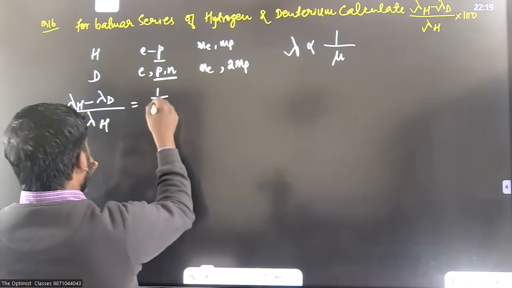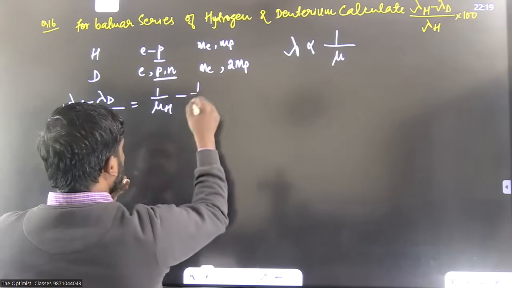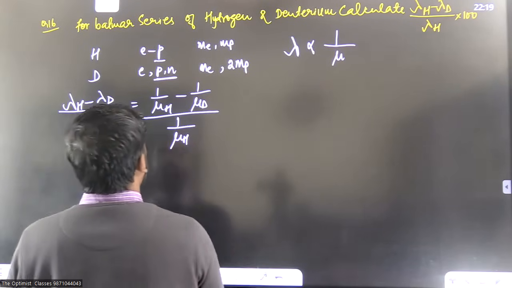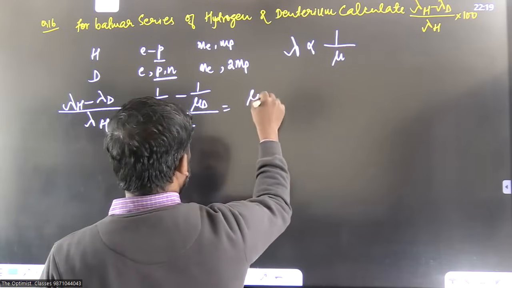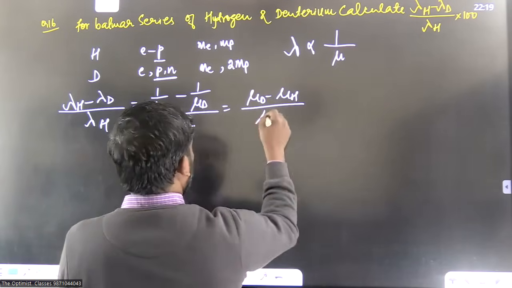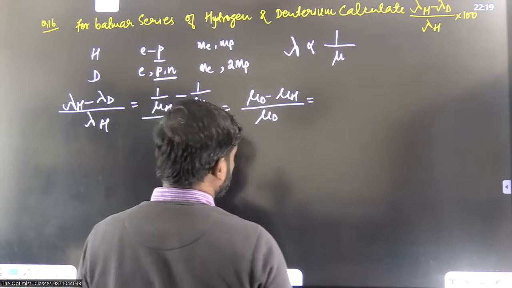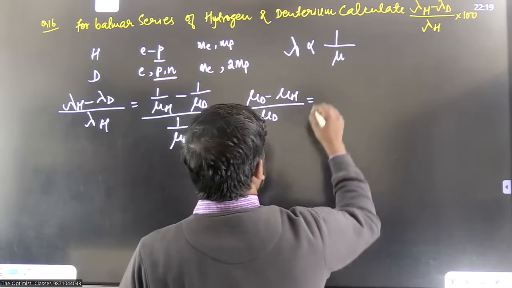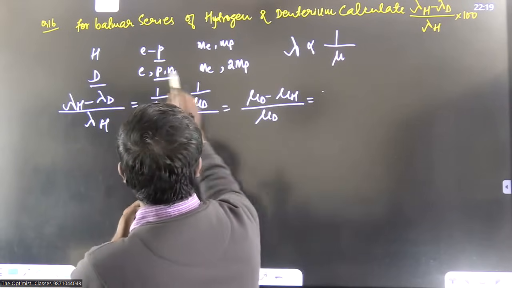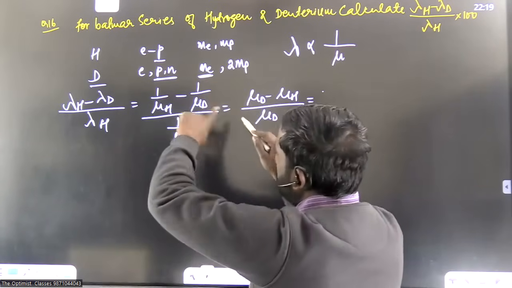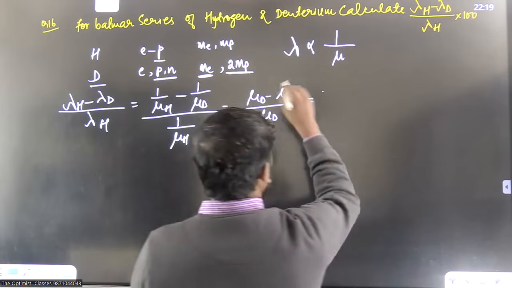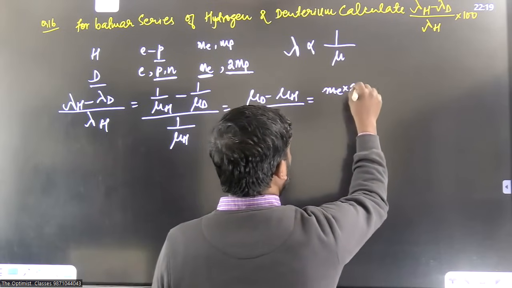1 by mu_H minus 1 by mu_D, upon 1 by mu_H. Okay, so therefore this becomes (mu_D minus mu_H) upon mu_D. So let's calculate it. Here we get mu_D. Mu_D is basically for deuterium. Deuterium is made of an electron revolving around a nucleus, whose mass is twice the mass of the proton here. So here the reduced mass will be me into twice the mass of proton,